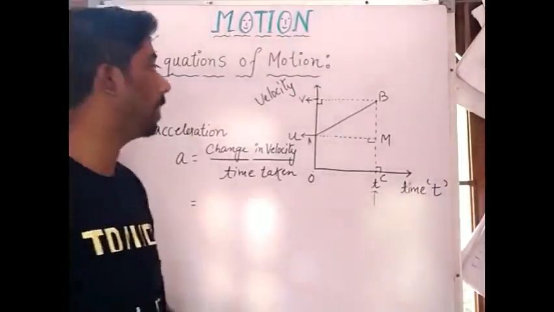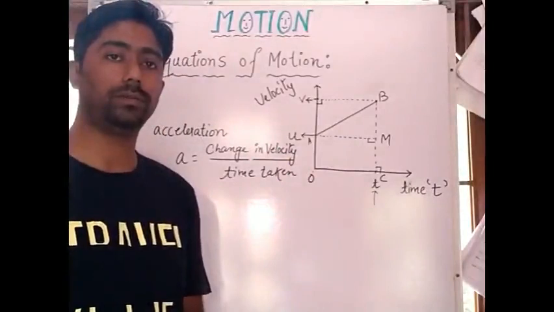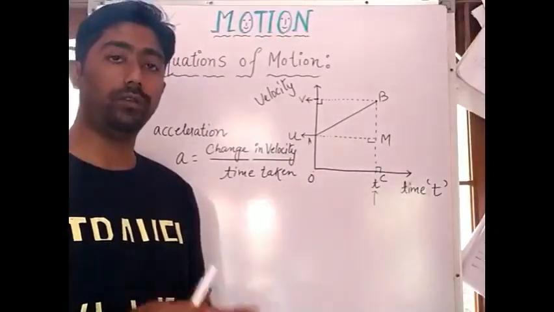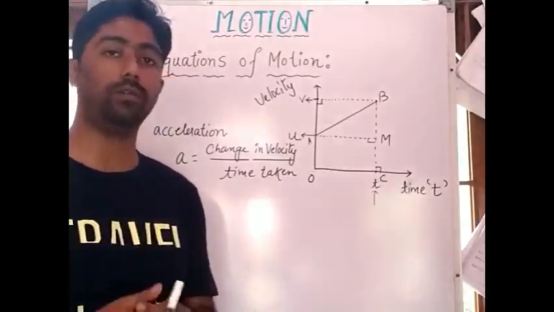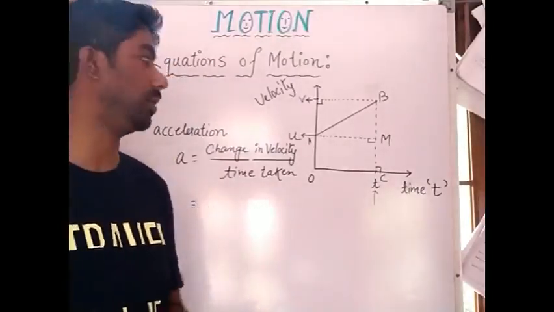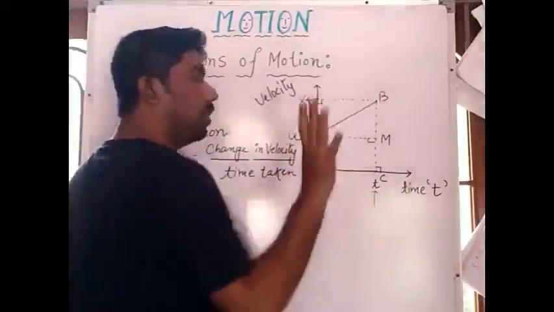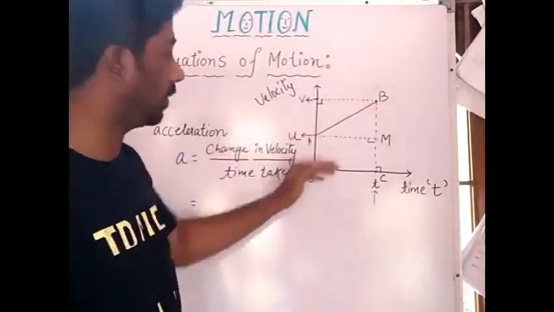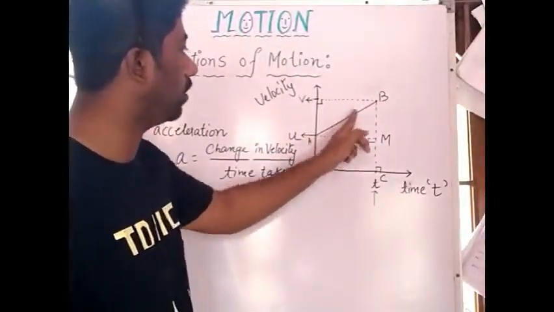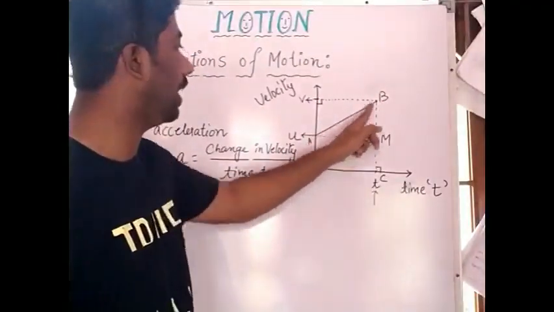Once again, what is this graph? This graph corresponds to the uniform acceleration case. This is the velocity time graph of a moving object under uniform acceleration, and hence it's a straight line. So the graph is this part from A to B only, and the rest is construction here. As time changes, you see the velocity also increases uniformly, in a straight line like this.